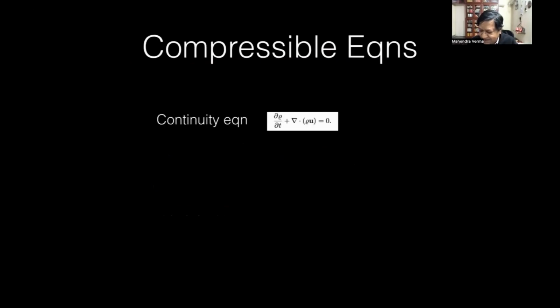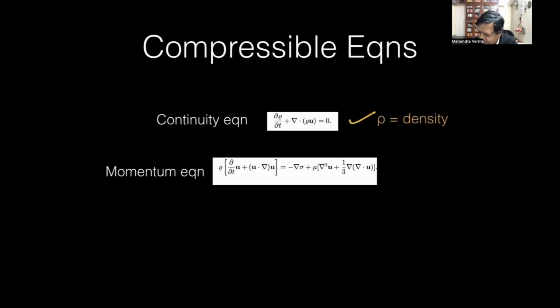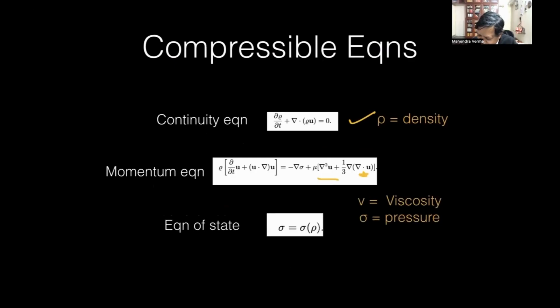For compressible flow, that constraint del dot U is not there, but we have the continuity equation, this one. We have the momentum equation here like that. There's one new term, del dot U is sitting there, and there's one equation for connecting pressure, the sigma, with density. It's called the equation of state. Okay, so we need to solve for rho as well as u. Sigma is solved by this. Okay, so in 3D we'll have 4 variables. In incompressible flows there are only 3, ux, uy, uz. Density is constant.